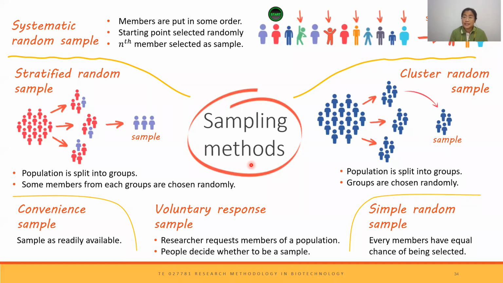Or recently, if you use Facebook regularly, sometimes you get an option of doing a survey about COVID-19 from the University of Maryland. I think I've done it a few times already. It's a way of sampling that they use to get data about COVID-19 from people around the world. So they have some sampling methods to choose who's going to do